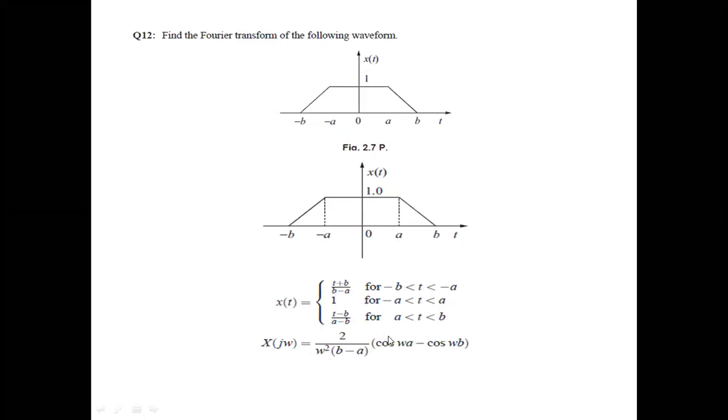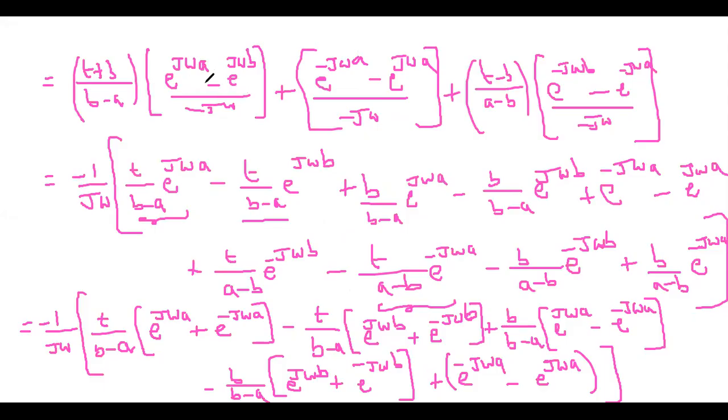So we did a mistake, wrong, my dear students. See, so in this, we are applying for the t with respect to the t is also there here. I am taking this as t plus b by b minus a is a constant, and here the t minus b by a minus b, I am taking the constant. What we did in total is wrong, my dear students. But again,